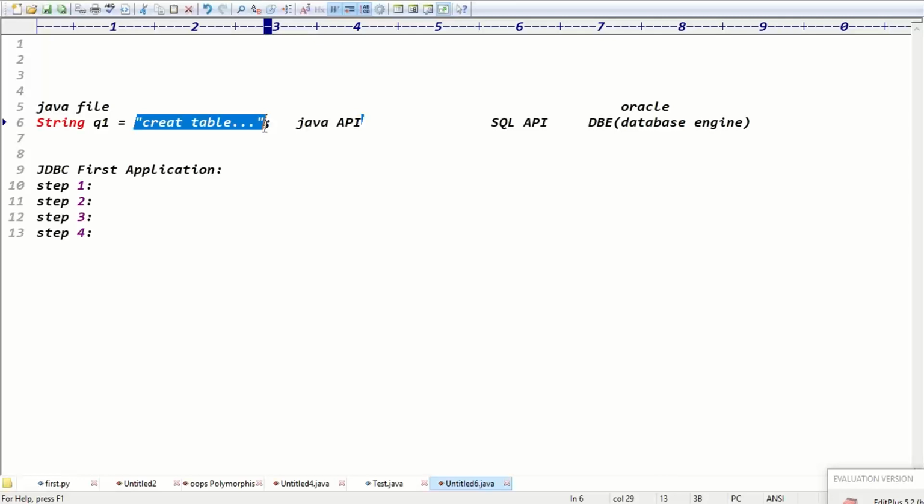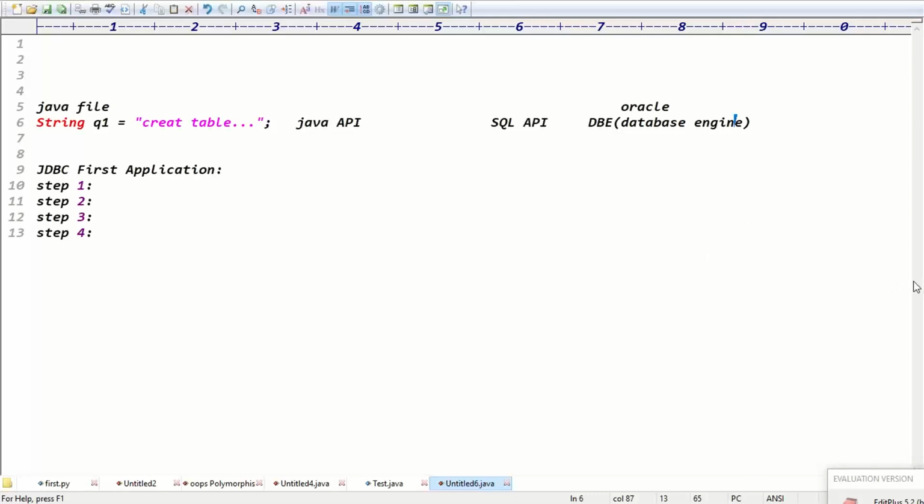Basically, in a JDBC application, we are writing the query at Java side using Java rules and regulations, Java syntaxes. But the database will execute the query, and the database requires SQL syntaxes. Then definitely we require one translator who translates your Java syntaxes into database syntaxes, right?